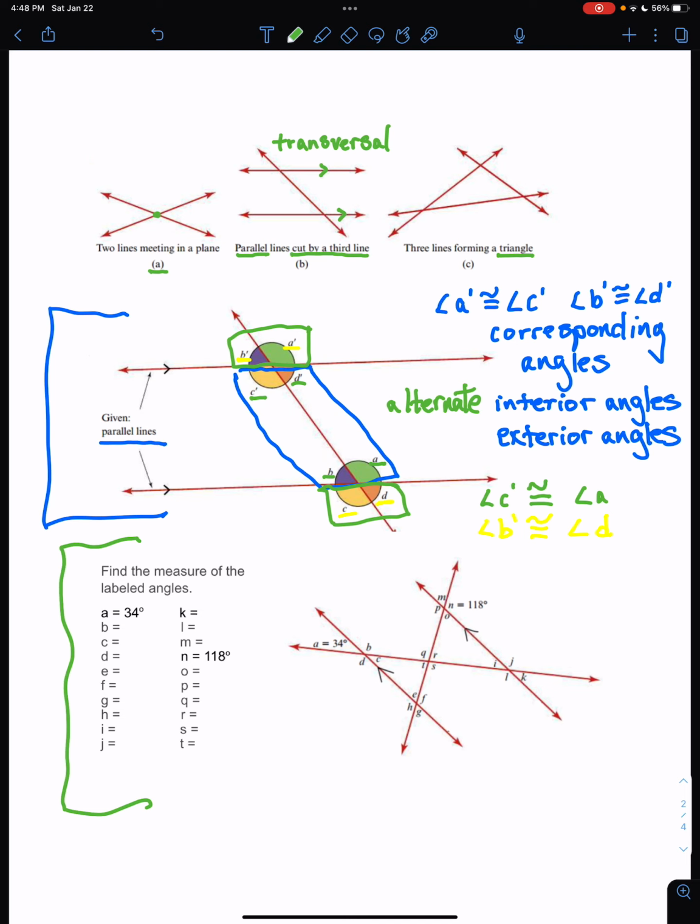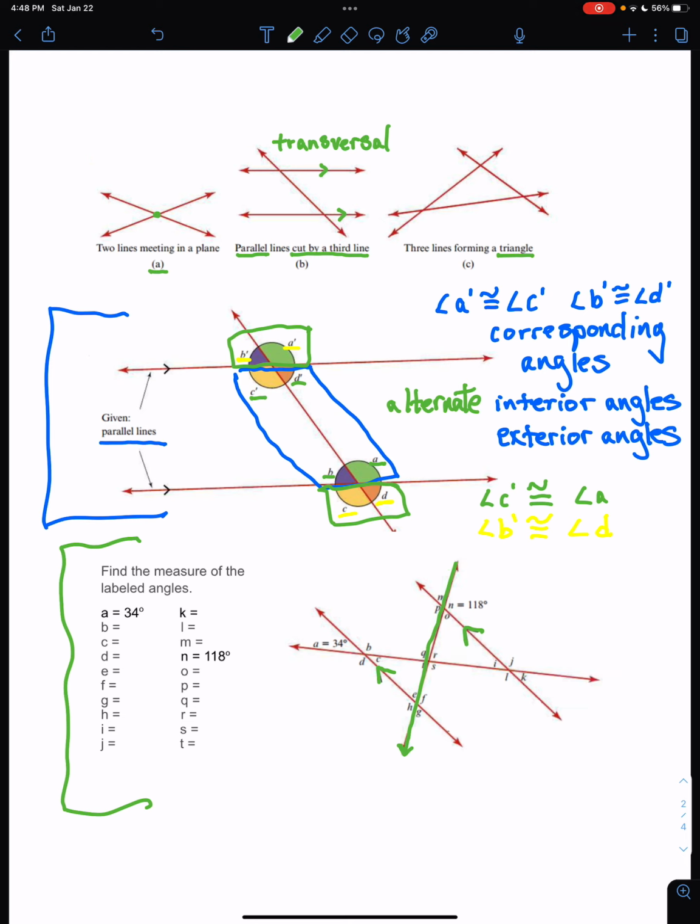So just pointing out here that we have two parallel lines in this drawing. And we also have two transversals. We've got this guy here and this lovely person here. All right, so